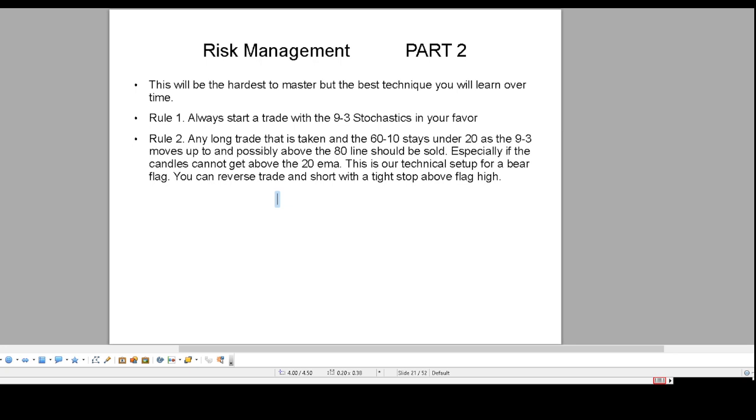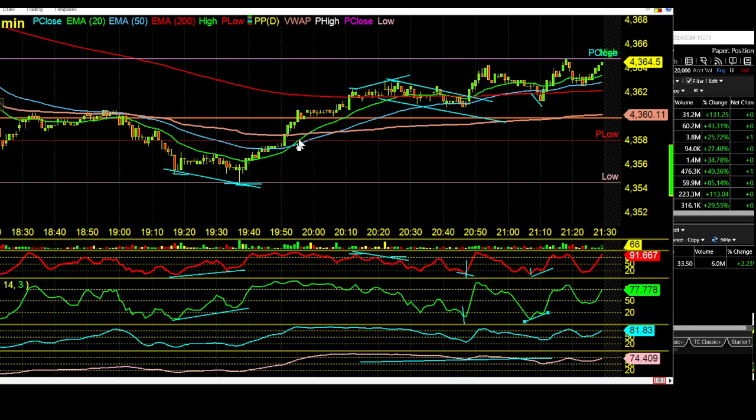It just puts you in the right place at the right time. So many times we make mistakes, we look at our entry and say, wow, I just bought it and the 9-3 is overbought. Well, of course it's pulling back. You don't have to deal with that pressure. We could go back here and say, all right, overbought here. Would you go long here? Well, if you did, you had this to deal with. Now it got oversold. Would you go short here thinking it's going to fall down? Well, it just popped back up and it's overbought again. The chop will get you. But it won't get you if you just continue to manage that. So that would be, again, another rule.